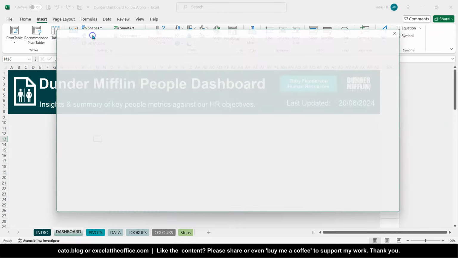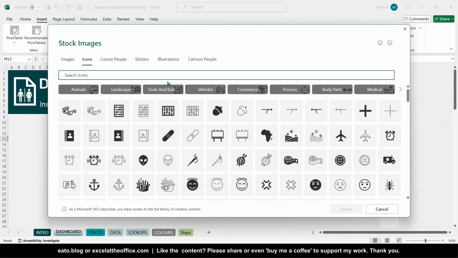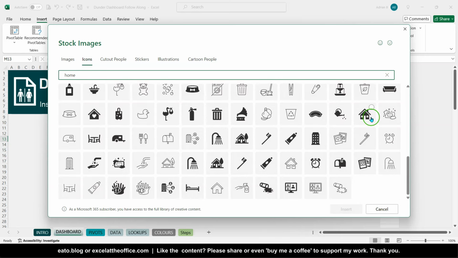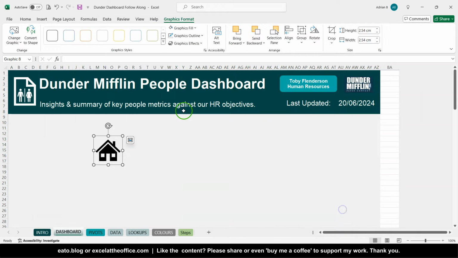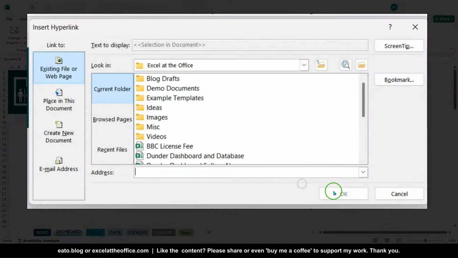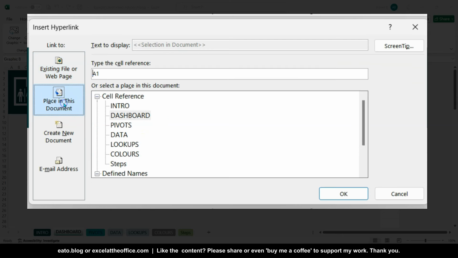For later on, you might want to insert a home icon so that people can navigate back to the introduction, because as I showed you in the demo video, there's a way of navigating this report so people don't have to use the tabs at the bottom. So if I just type home, the home icon down here seems to be the most familiar one. I'm going to insert that, and I'm going to place that just to the right of here so that it's easily visible. Again, my graphics fill makes it white. And what we'll do is we can link that now to a place in this document,